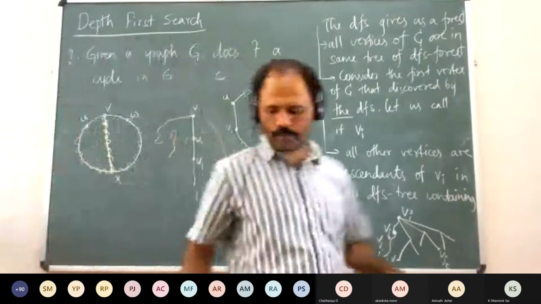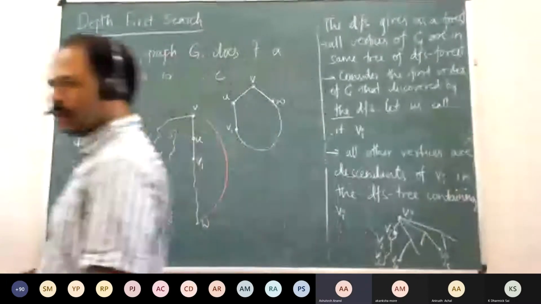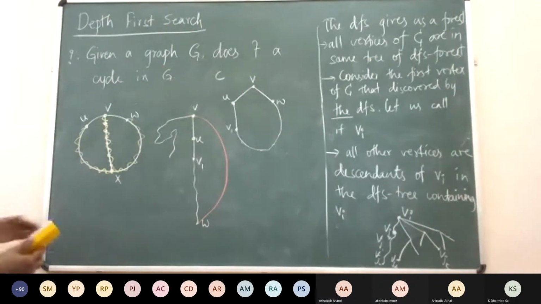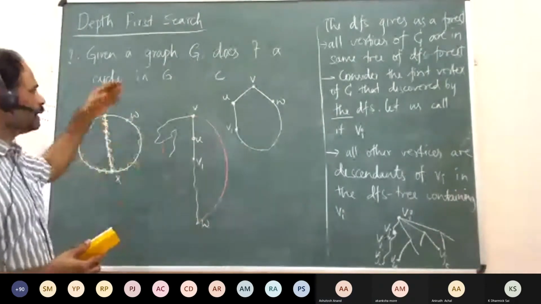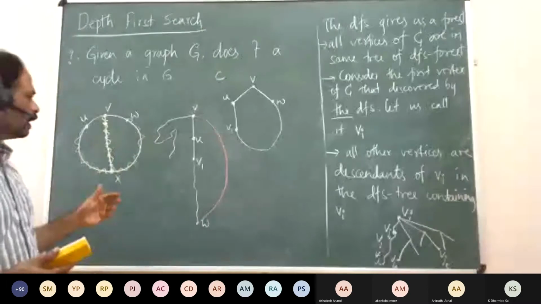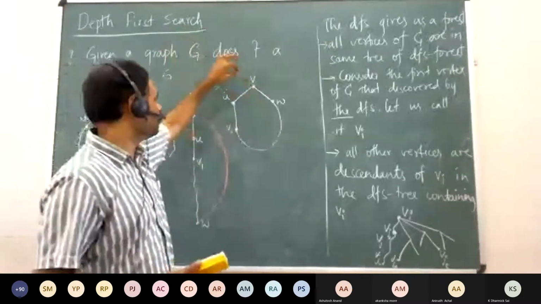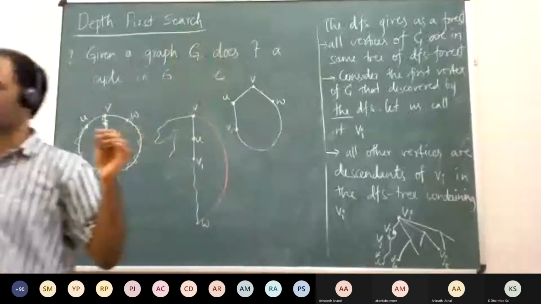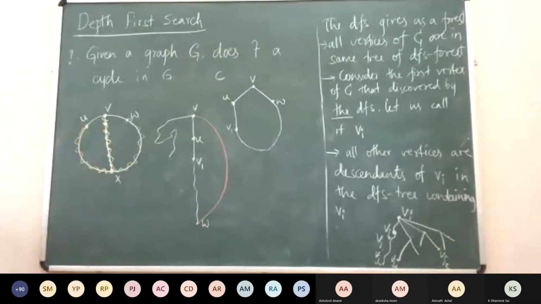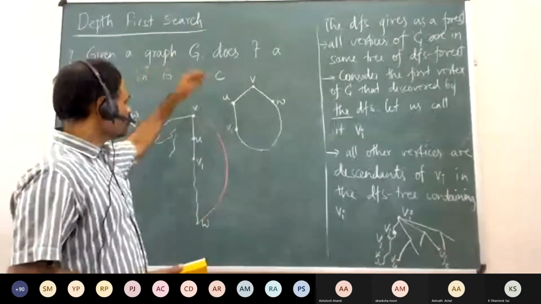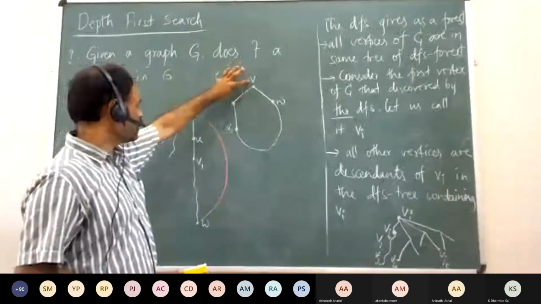So can you repeat the red part? Yeah, that "so" part again once more. Yeah, sorry, no issues. So what we said is, how are we proving that there always exists a non-tree edge? So you do the DFS. In the DFS, let V be the first vertex of the cycle, right? V is very special. It is the first vertex of the cycle visited, discovered by the DFS.